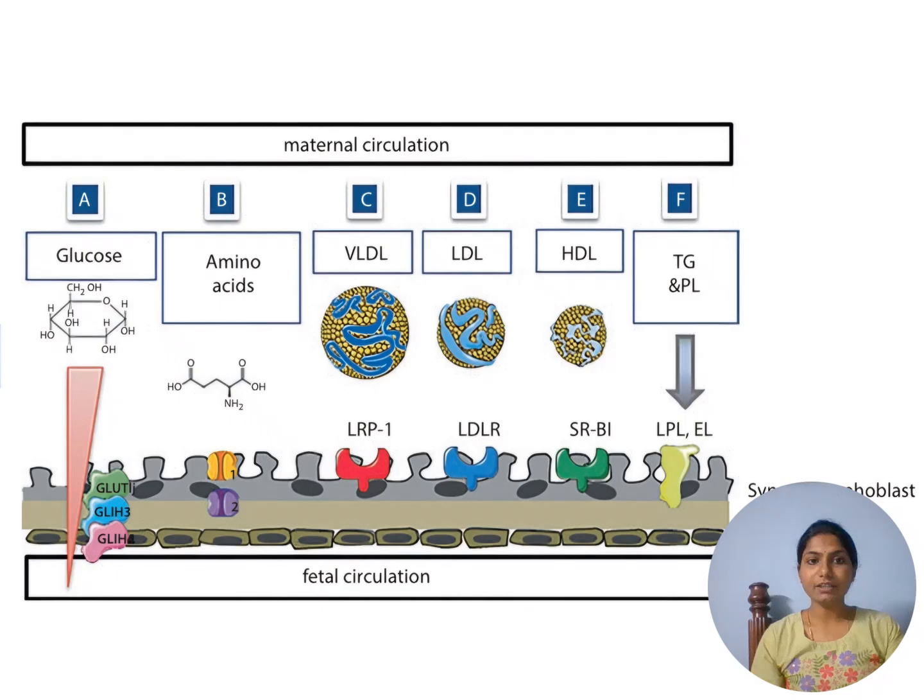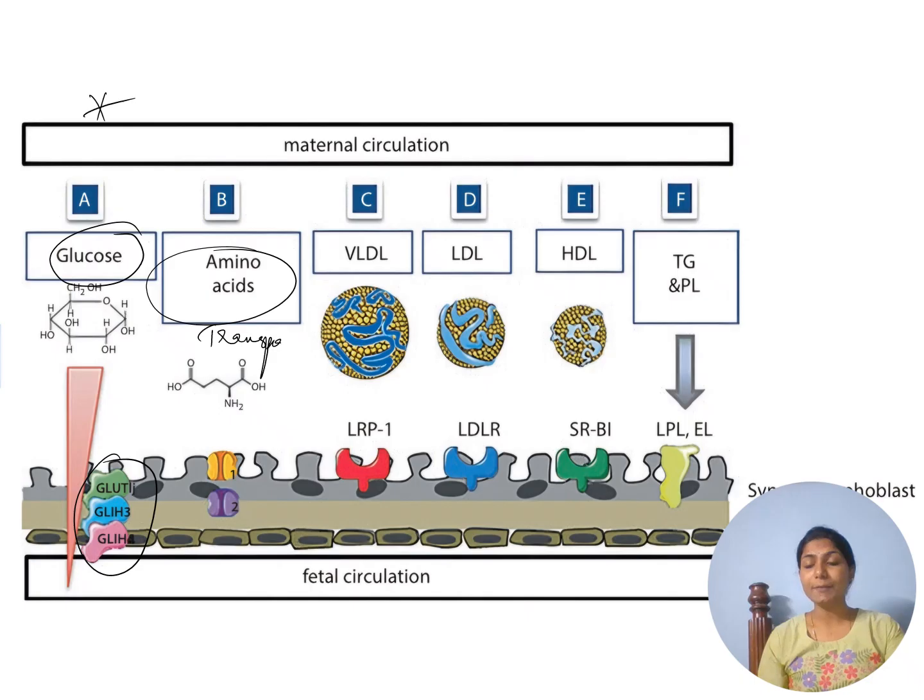This is the slide which we already discussed. It is a schematic diagram of the same. Glucose is mainly transported with the help of GLUT1, GLUT3 and GLUT4. GLUT1 is present on all cell types. GLUT3 is preferentially present on the placental stromal cells and the fetal endothelial cells, and GLUT4 is exclusively present on the placental stromal cells. And then we have amino acids, where amino acid transporters, especially the accumulative and exchange transporters,